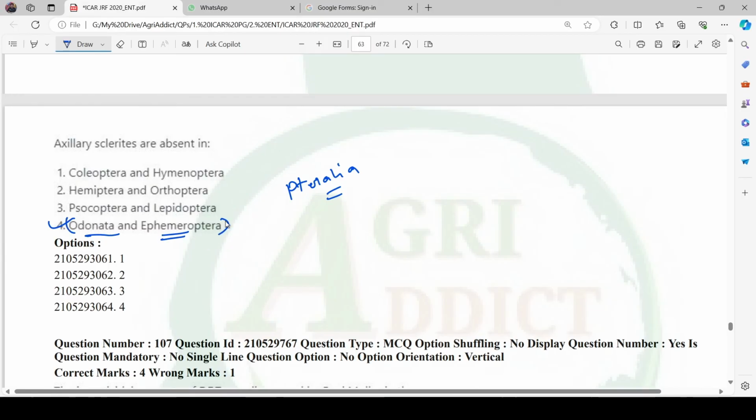You need to know other things like the first axillary sclerite is only present in dipteran insects. Then the second axillary sclerite is known as the pivotal sclerite, and this pivotal sclerite mainly articulates with the radius vein. The third axillary sclerite is attached to the flexor muscle of the wing, and it is mainly used for folding of the wings. And the fourth axillary sclerite is present in Orthoptera and Hymenoptera. So this is some information you can get from the entomology refresher book.